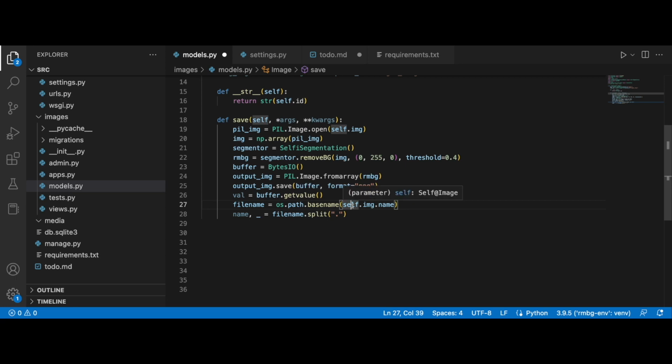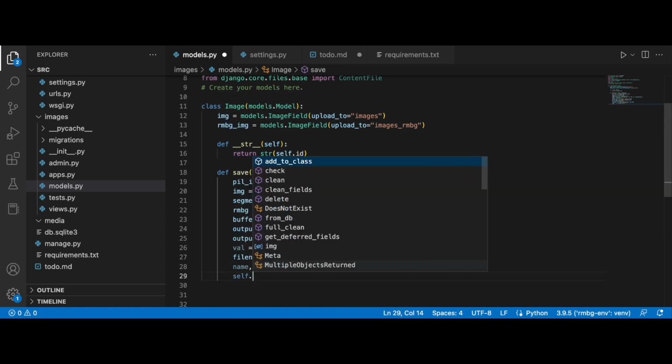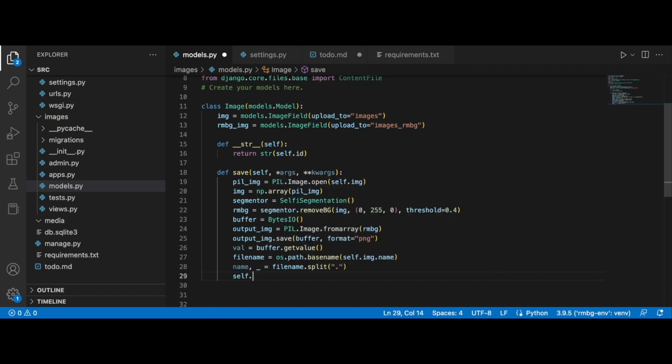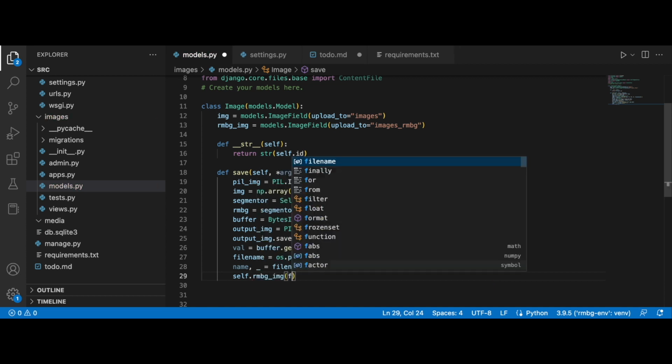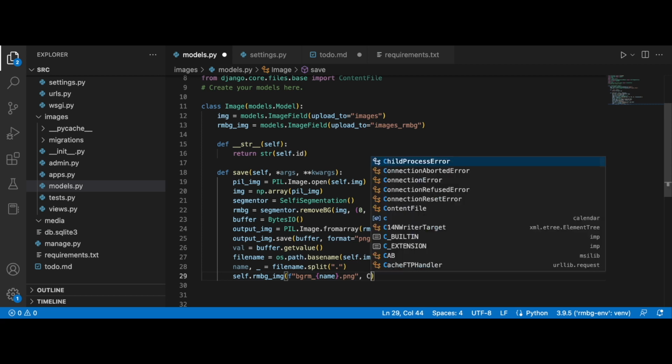So right now, we simply need to refer to our RMBG image. So self RMBG image, and we need to provide the file name. So I'm going to use the F string for this, and I'm going to begin with bgrm, and then simply put in the name that we have from over here. Okay, and we are going to add png at the end, then content file,